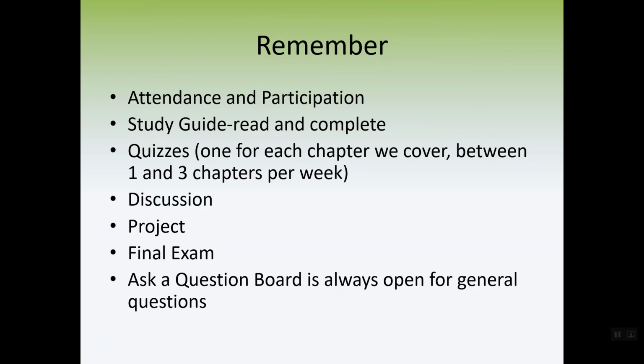Okay, so more about the class. Attendance and participation is super important. Please log on multiple times a week. I would say minimum 4 times a week. If we were meeting on campus, that would really be our schedule. I really encourage you to even log on more than that. I do a lot of work on the weekends, so it's not as consistent as during the weekdays, but send me emails, ask questions anytime you want, and like I said, I will get back to you as soon as I can. Go in and look for where those study guides are.